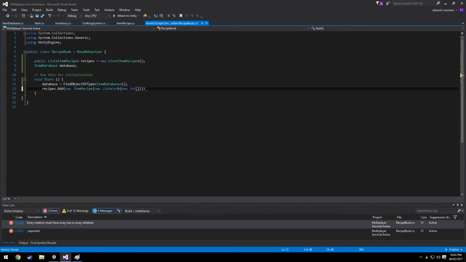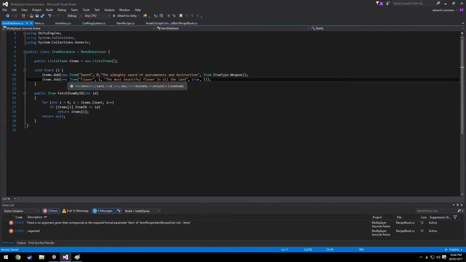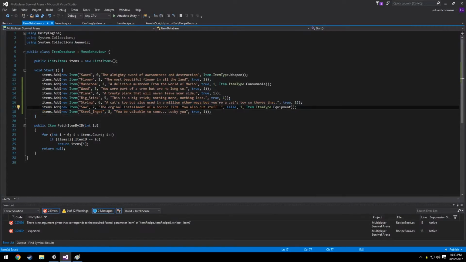So we're going to say this list is going to be a new list of integers that is going to contain a list of IDs, and we only have 2 items. So we have to quickly add more. I'm going to jump forward and add a couple of random items to the item database. A few moments later, I went ahead and added a few more items, and